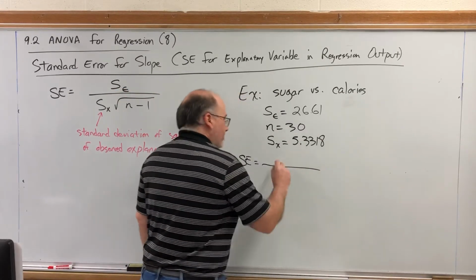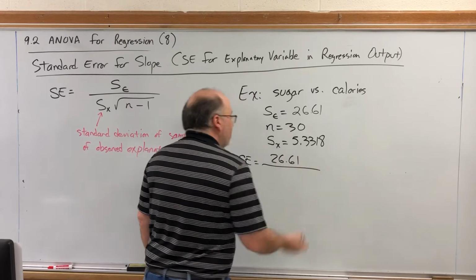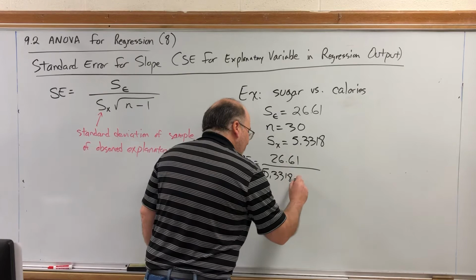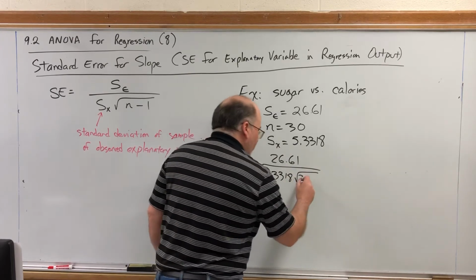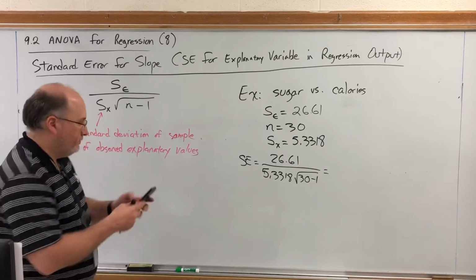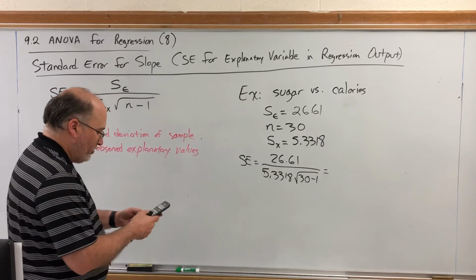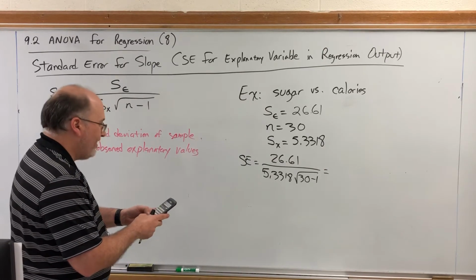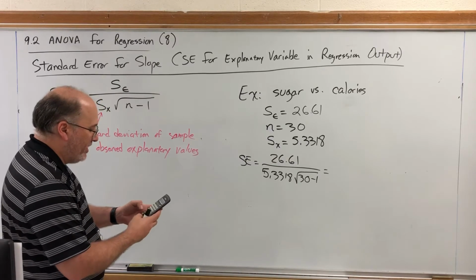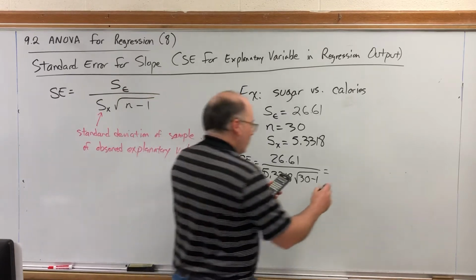It would be 26.61 divided by 5.3318 times the square root of 30 minus 1. And if you put that into a calculator, 26.61 divided by 5.3318 and then divided by the square root of 29 to 4 decimal places,